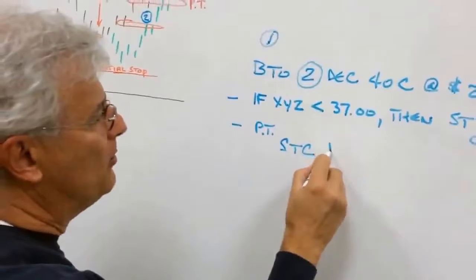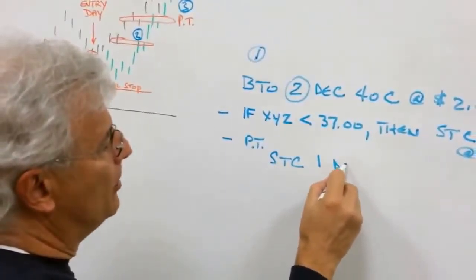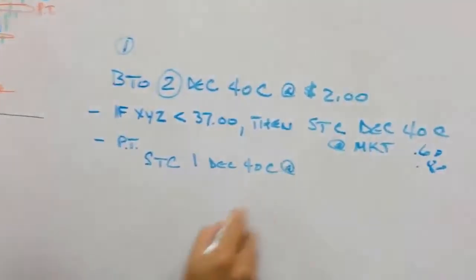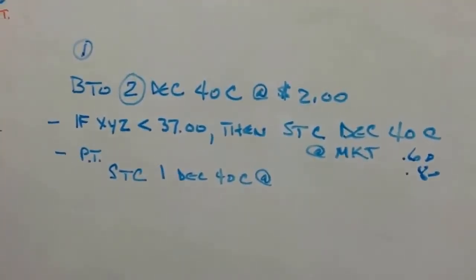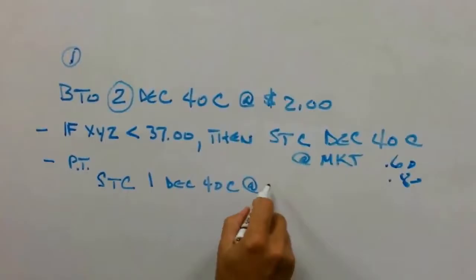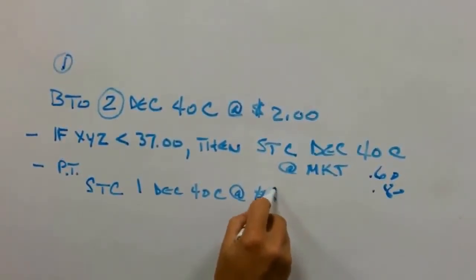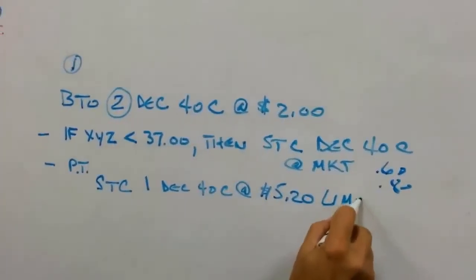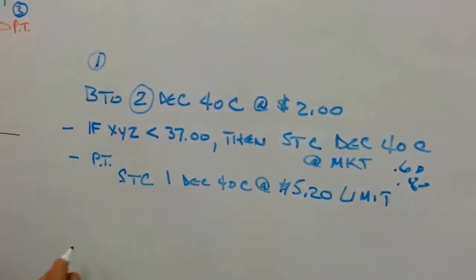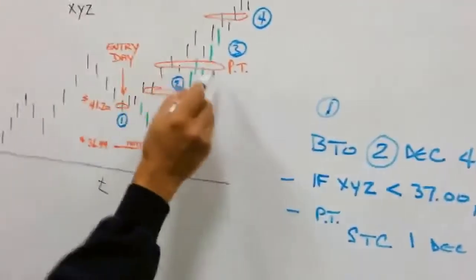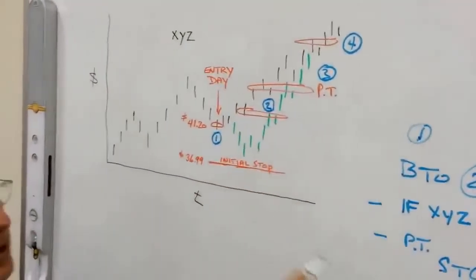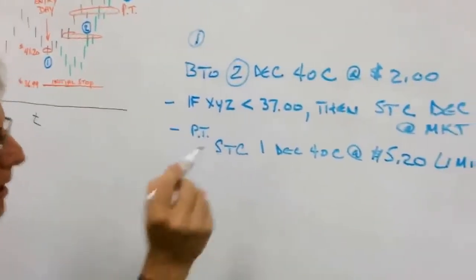We're going to sell to close 1 contract, December 40 call, at a predetermined profit target as calculated by the software. Let's say that's around 520. That's kind of a typical limit. So if the market trades up to that level, where the option gains in value to 520, we'll get filled